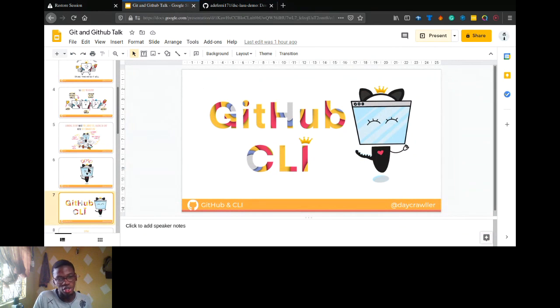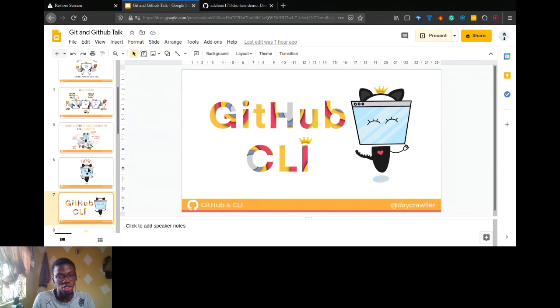So look at the stress we went through to create a file and to push a file to our repository. Look at all the steps, all the commit messages and whatnot, just to push a file to the repository. So GitHub thought of something. They were like, okay, how could we make life easier for developers? How could we make life easier for students? Rather than going through all this stress, all these stages,